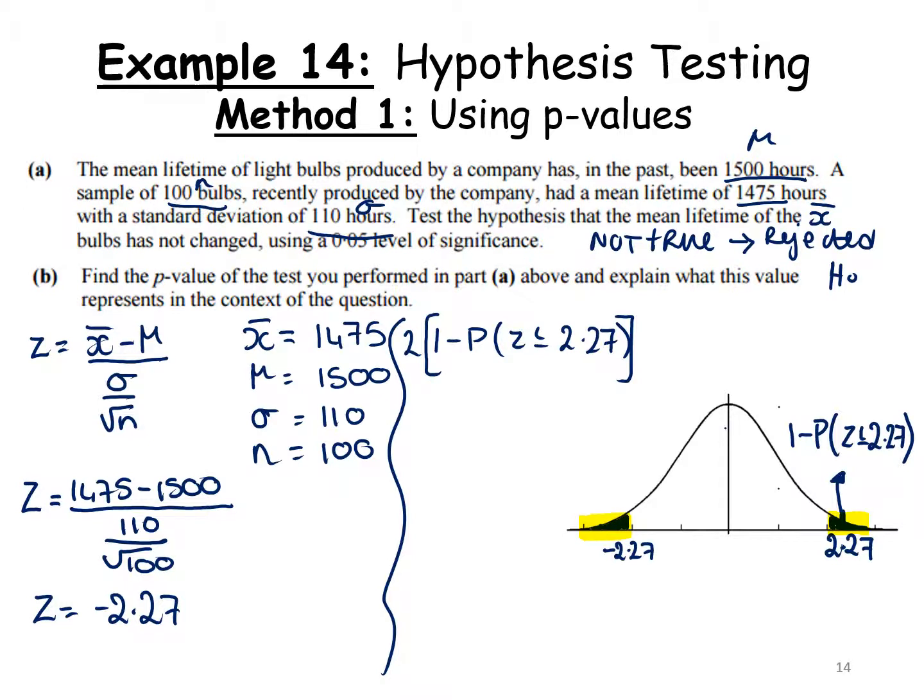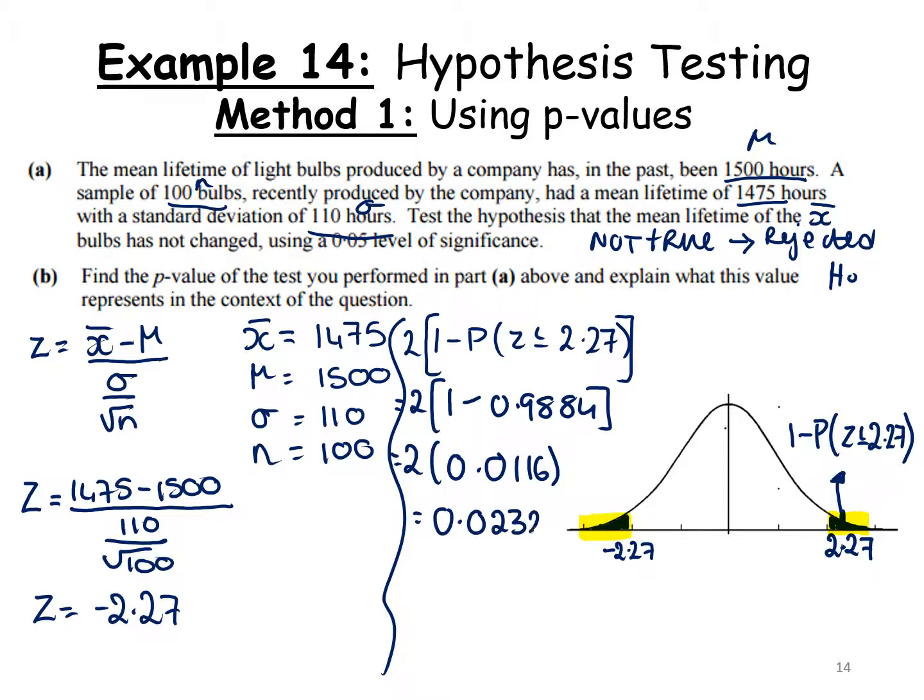So going to my tables and looking up 2.27, what I get is 2 times 1 minus 0.9884, which cleaning up gives me 0.0116, which gives me 0.0232,